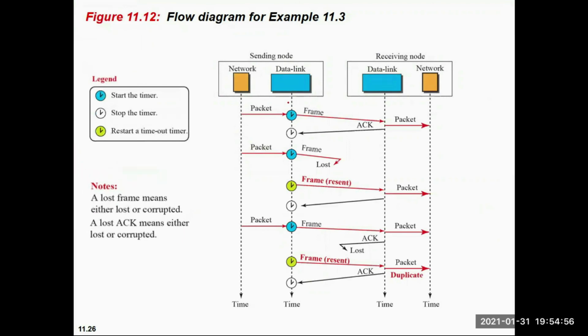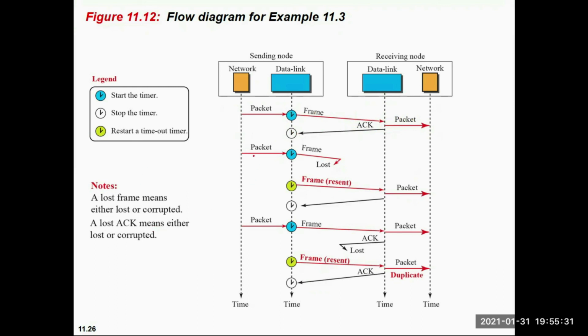Okay, so this is the first case, where the packet is transferred from the network layer to the data link layer. At the data link layer, a frame is created, it sends that frame and starts the counter. At the receiver side, the frame gets received and the packet is extracted from that frame. It sends an acknowledgement, and the acknowledgement is received at the sender side. So this is the first case without any fault.